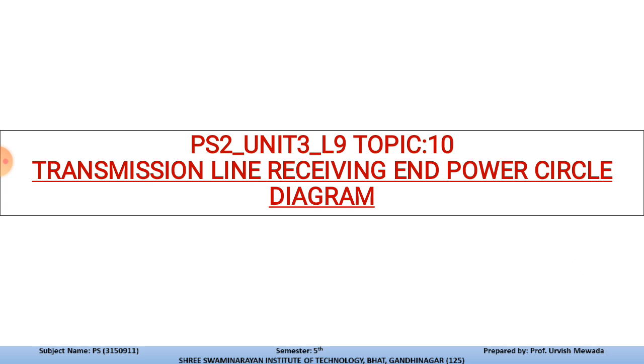In a transmission line, as we know, there are so many contingencies, and due to the transmission losses, we need to send more power, including the transmission losses. We need to calculate the transmission losses so that we can give a specific amount of input power. Now the receiving end power circle diagram describes all the parameters of the transmission line, and we can calculate all the data related to the transmission system using the receiving end power circle diagram.